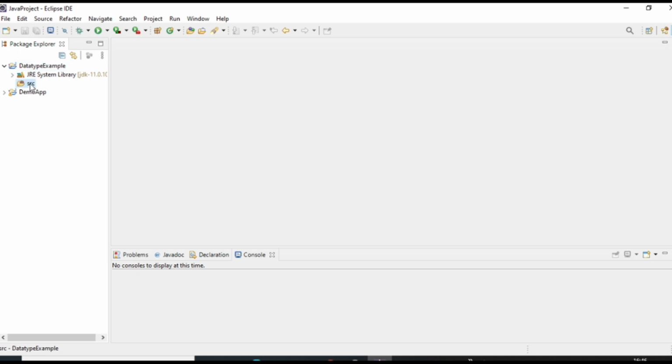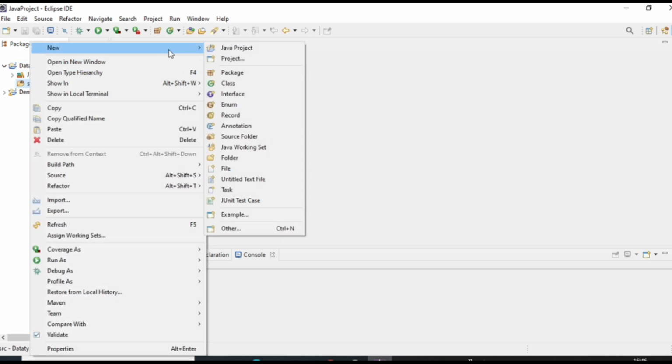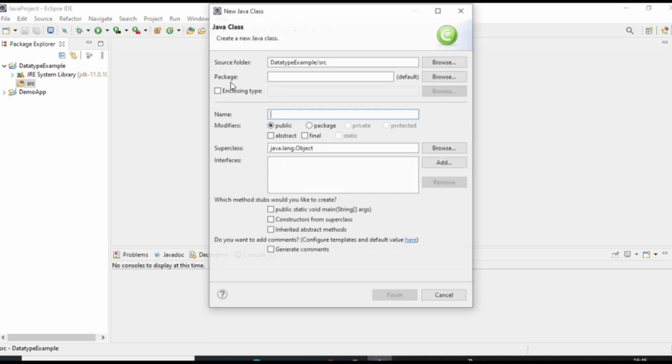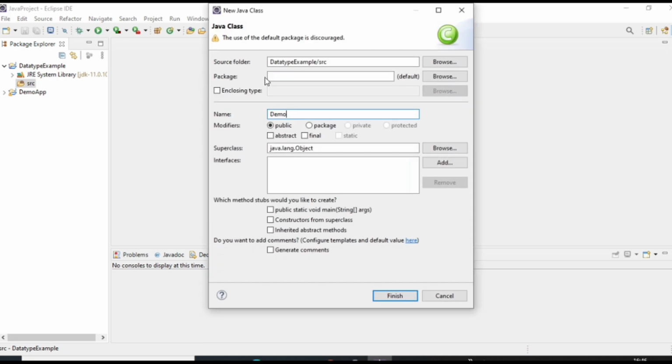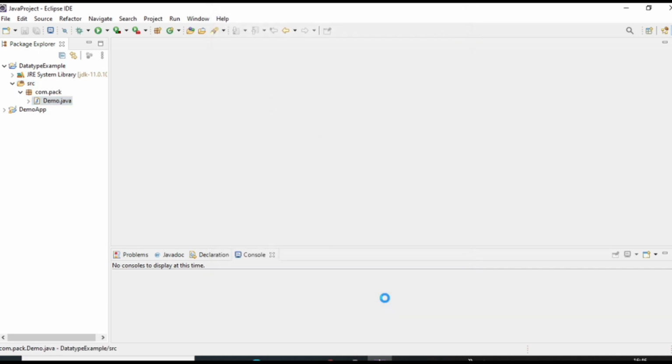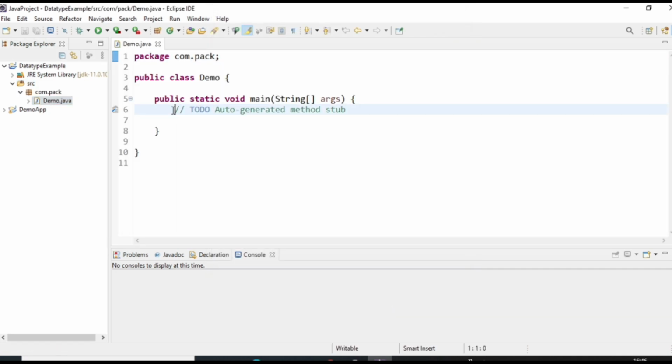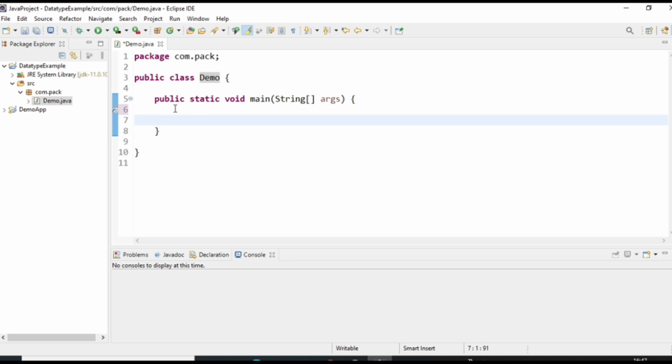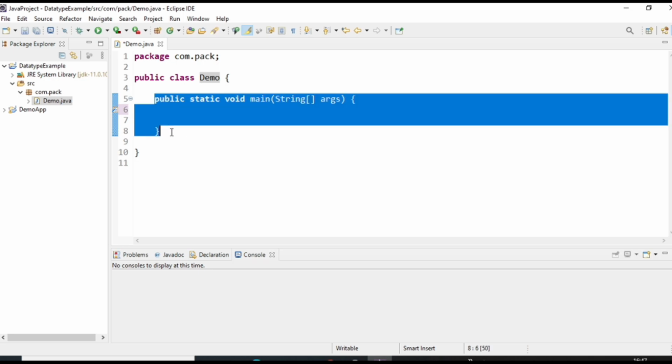Now inside the src folder, I will create a class demo. Give some package name. So this is the demo class, and inside the demo class we have a main method.